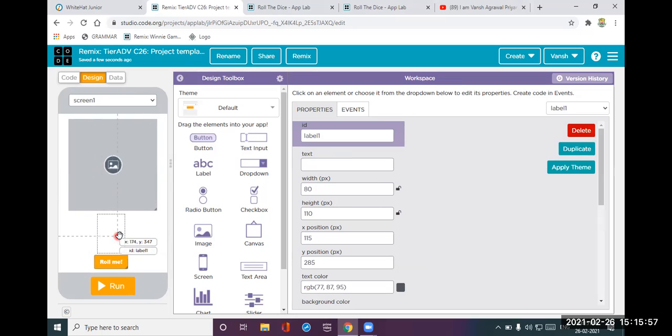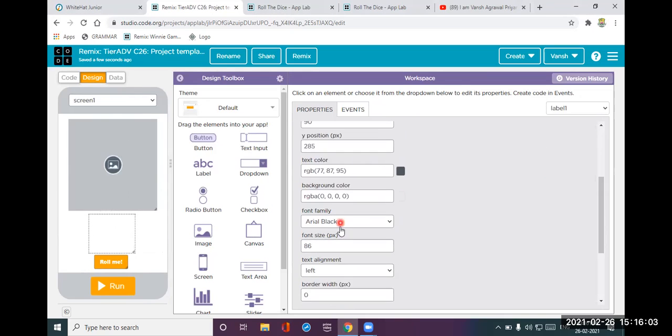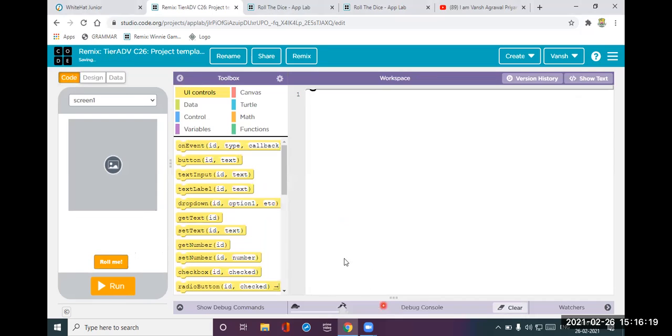This is a label which White Hat Junior has already taken for us, with everything given, like the font size and text alignment. Let me make the text alignment center, since it will look attractive. You can make the text alignment center in the settings of the label.